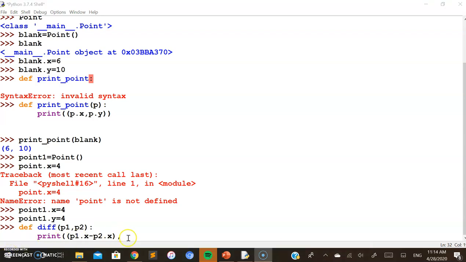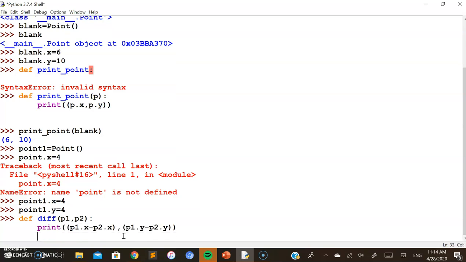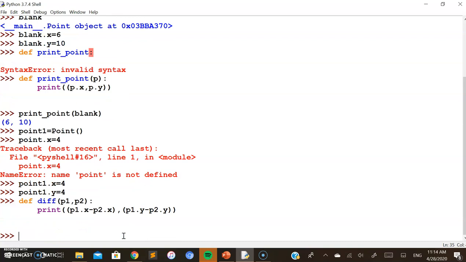Sorry for the disturbance. So similarly you need to find out the difference between the y coordinates as well. So call the function by passing the two objects that we have created for the class point.